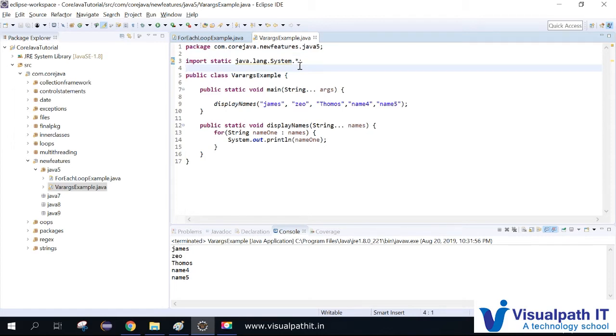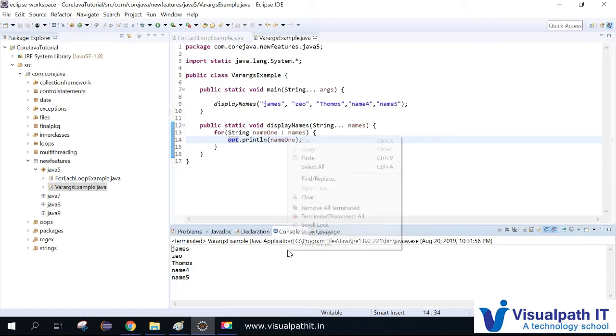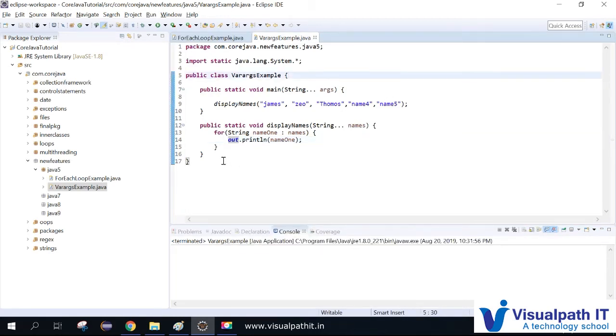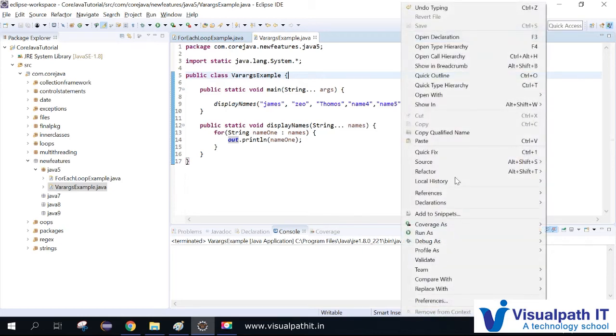What is the advantage we'll be getting here? In system.out.println, I'm just removing System. I just wrote out.println. We'll see how it behaves. It will print the same output, even though we are not writing System, just writing out.println.